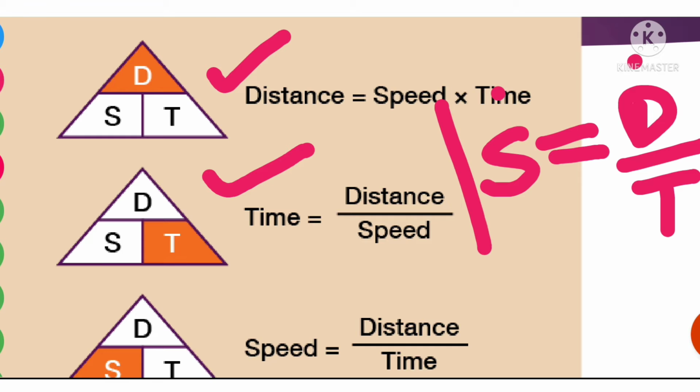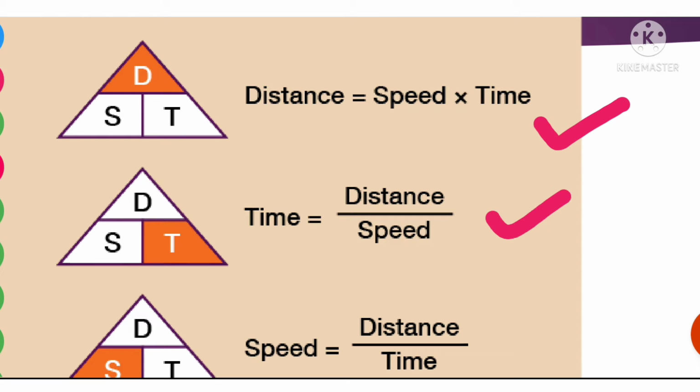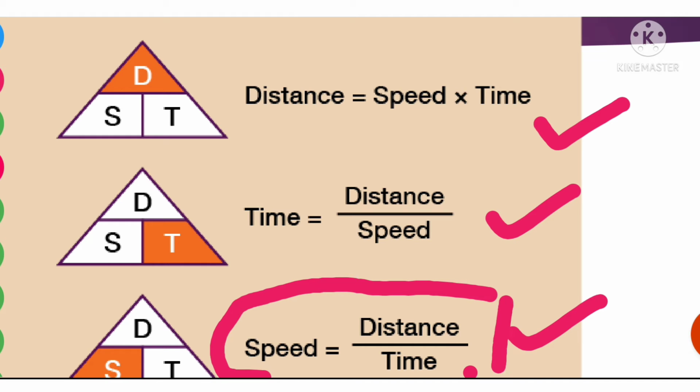This formula is actually the same. This is the only formula. Whatever number is given, you put the number, cross multiply it and you will get the answer. You'll understand better when we do more and more questions. In the meantime, just copy down all three formulas, although all three are the same. Speed is equal to distance upon time. This is the main formula. Whenever time is asked, you put time on the left hand side and the formula becomes distance upon speed. When distance is asked, you put distance on the left hand side and the formula is speed into time.